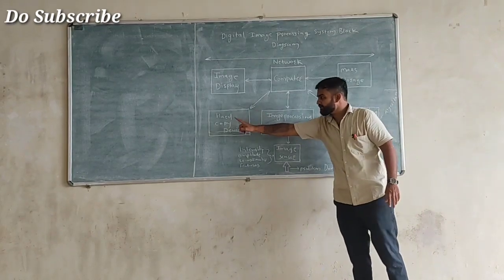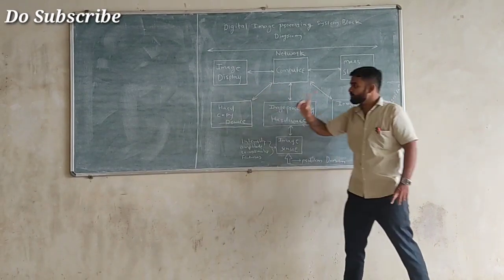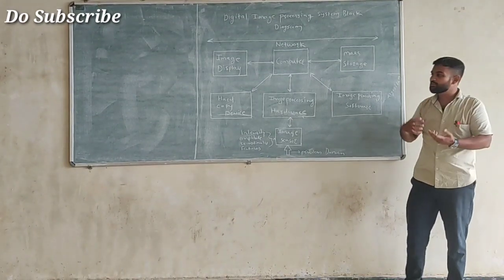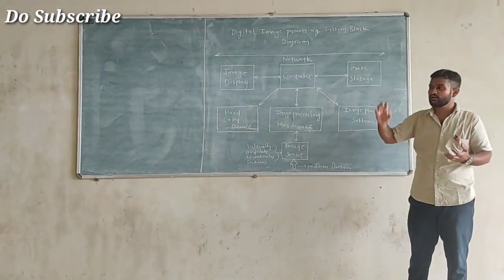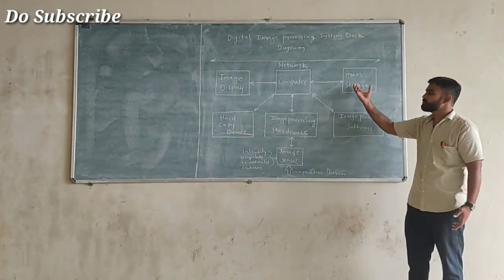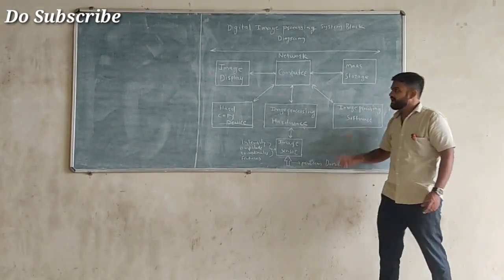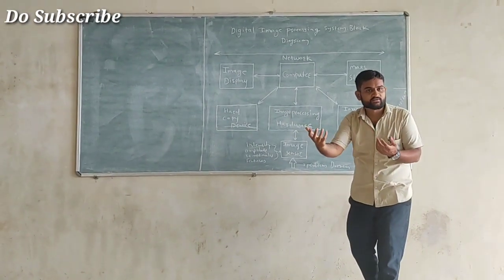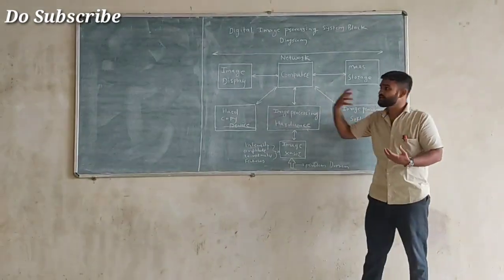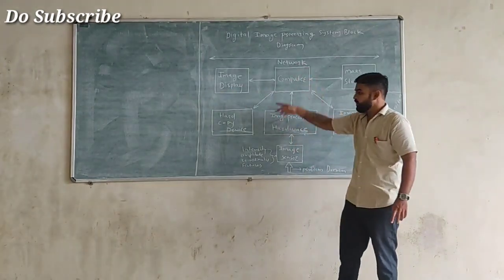After that we have a hard copy device, a mass storage device and an image display. First, the mass storage device. Whenever we are converting, compressing or processing an image, the image needs to be stored inside the mass storage. For that purpose we need the mass storage here. After that, if we want to first watch the input image, then process it and display the processed image, we have the image display provided in this block diagram.